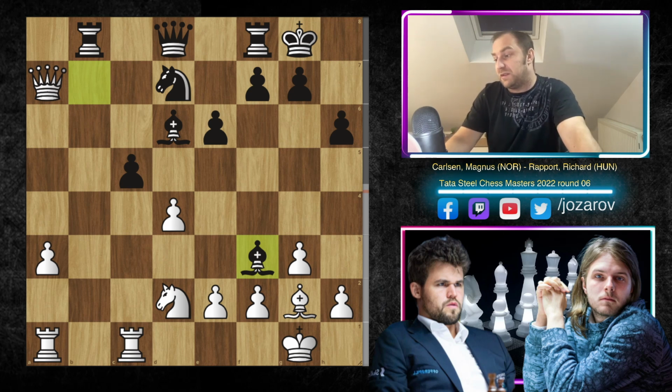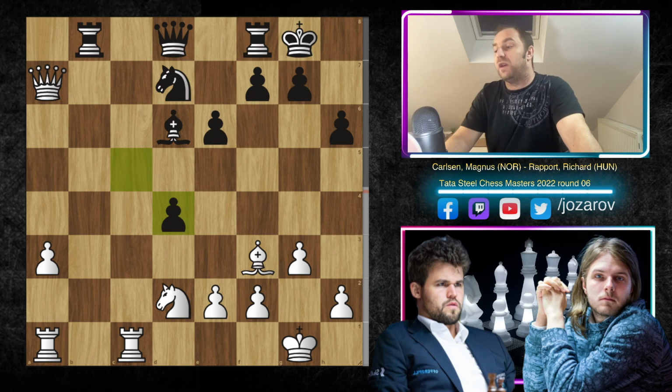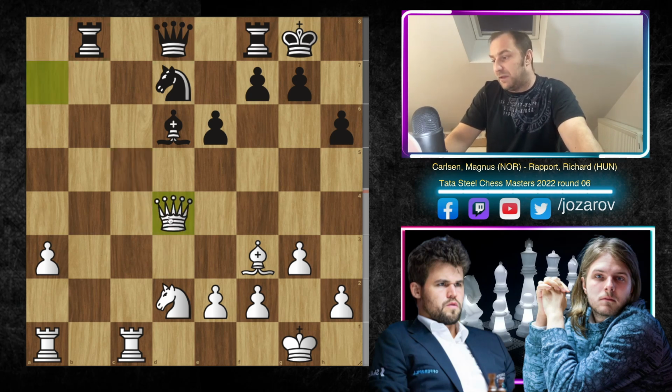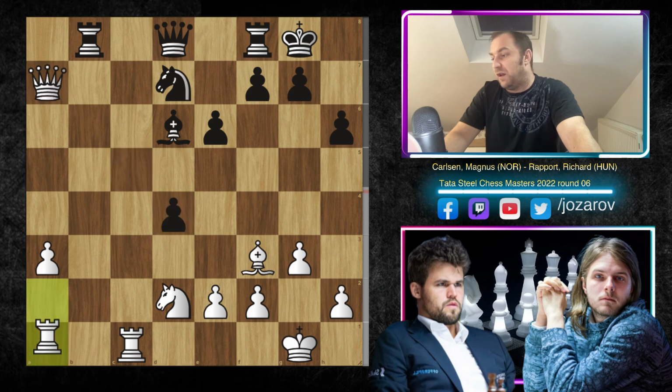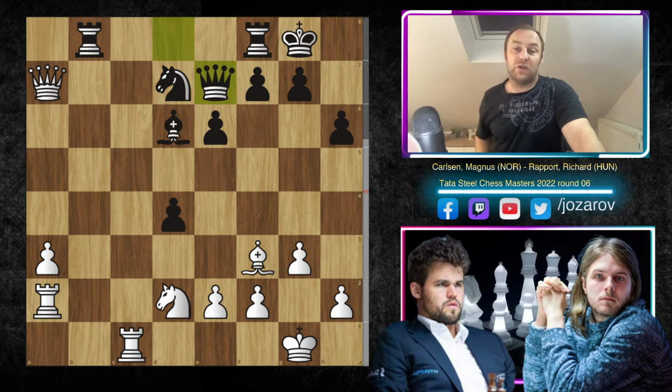Rapport. Really unnecessary move. After bishop to f3, we have now c takes d4, and still nothing went wrong again for Rapport, because here Magnus Carlsen cannot take immediately the pawn on d4, because you get bishop to e5, and you see the rook would be hanging. So far it's not a possibility. So that's why here Magnus Carlsen gets out of the potential range, and now comes the critical moment, I think,